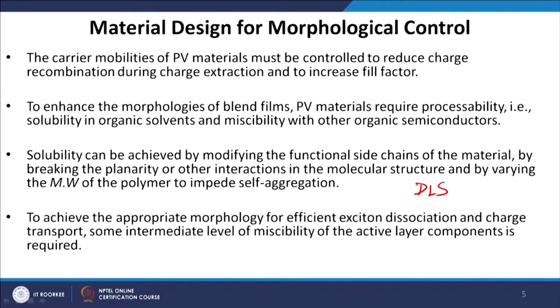Now, here what is usually done: a laser beam falls on the material. Let us say I have a solvent and I dissolve some kind of material inside it. The material undergoes a random Brownian motion. Whenever the light beam falls on it, the material will diffract that light. If I put a detector at a 90-degree angle to the solution, the detector will count the photons scattered from these particles. From the time gap between successive photons, we can calculate the hydrodynamic radius or the particle diameter.